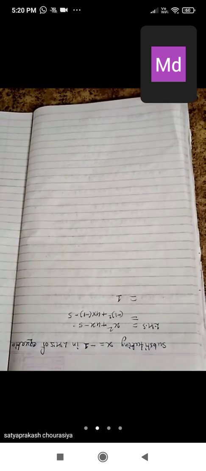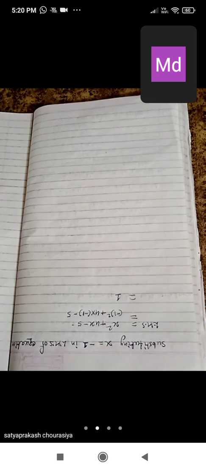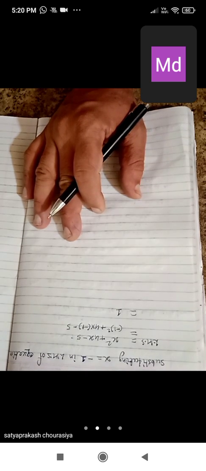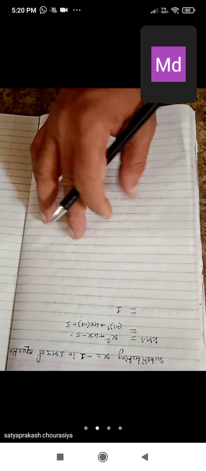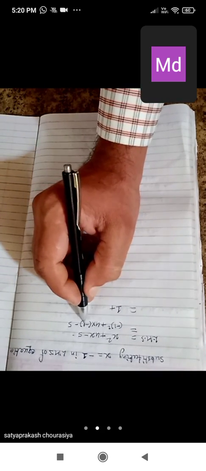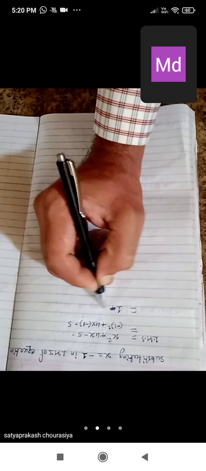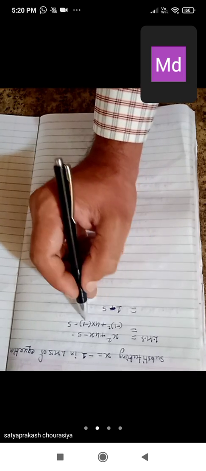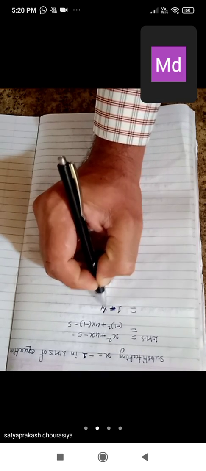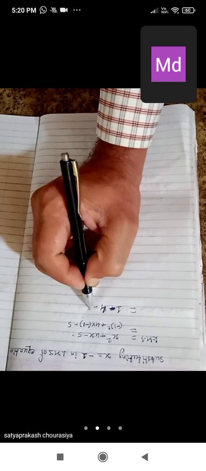Now square of minus 1. Square of minus 1 is 1. Because you know that the square of the positive number as well as the square of the negative number is always positive. दोनों positive होता है square. अगर negative number है then और positive number है then also. The square of minus 1 is 1, and 4 into minus 1 will become the minus 4. 4 1 ja 4. But one number is negative, so that's why here you will get the minus 4 and here minus 5.